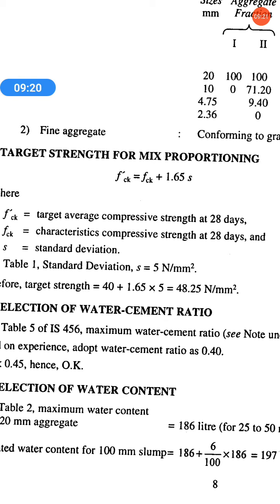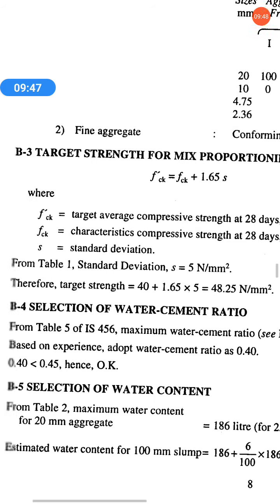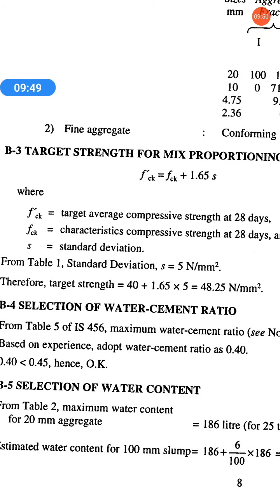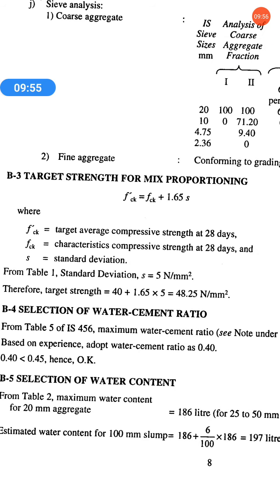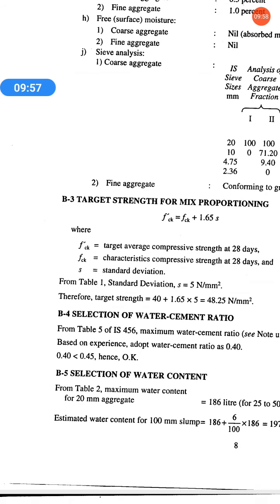Since you all know that in civil engineering design we use a factor of safety in everything. So this is the factor of safety, means you have to design for M40, so some strength a little bit more than M40 will be desirable, for having a factor of safety. So f'ck is the target strength. So like this you will calculate: fck, means you have to design for M40, so 40 plus 1.65 S. S is the standard deviation which is taken from table number 1.